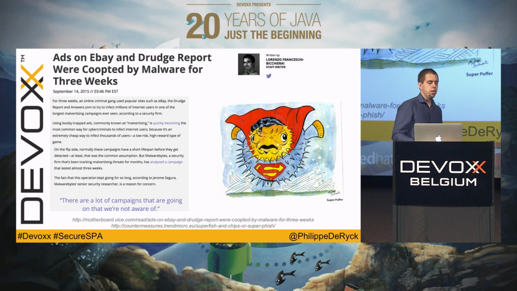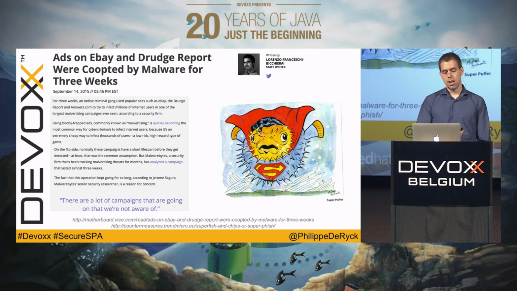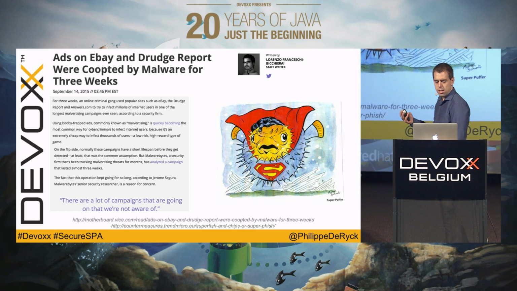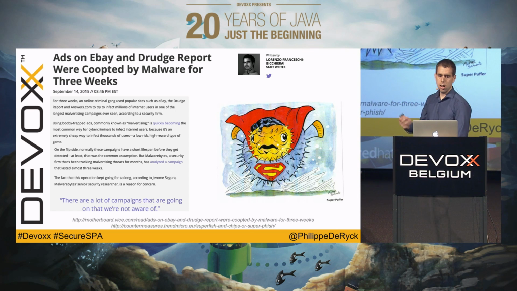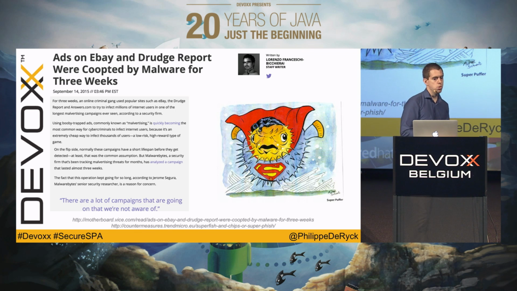And then on the websites themselves, you have advertisements, unless you block them, of course. But if you have advertisements, chances are something bad will happen every now and then. eBay and the Drudge Report had this problem. They had malware on there. It was available for 3 weeks. And that's a lot of users that have seen these bad advertisements. And even if the website doesn't host advertisements which get compromised,